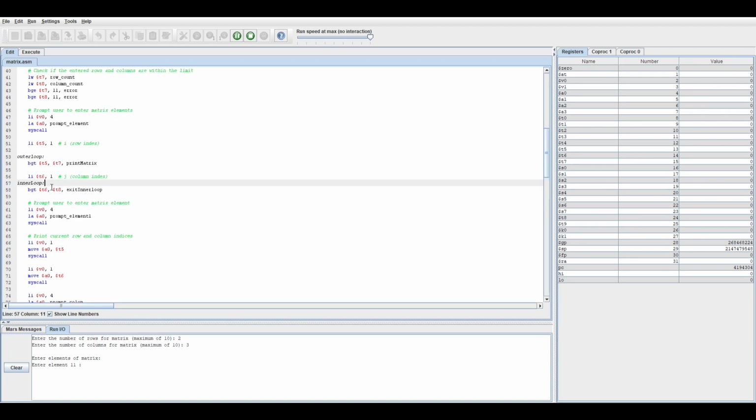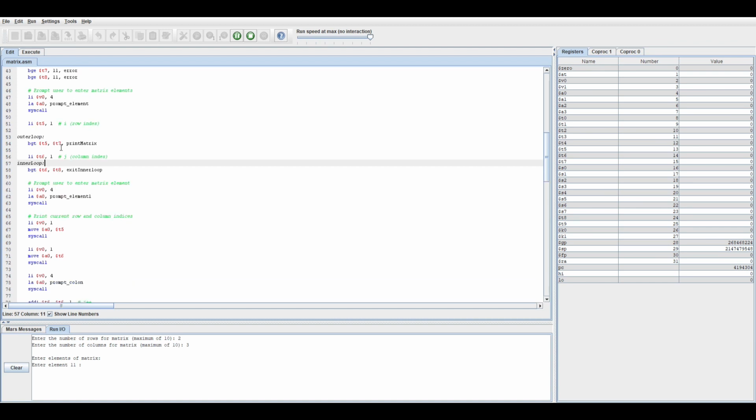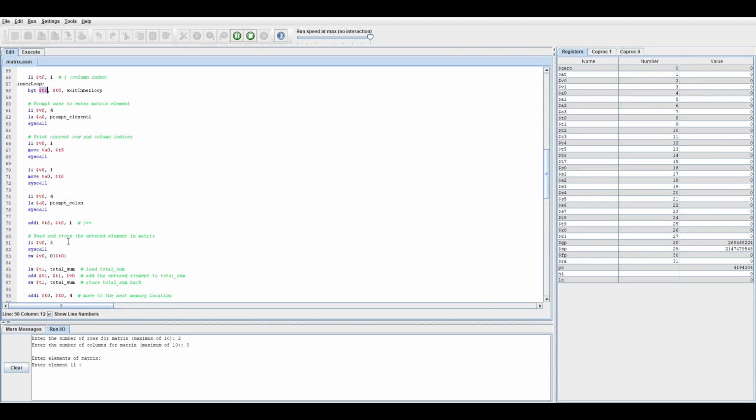Then we come to the inner loop. Same as previously, we have this branch greater than. We check, is T6 greater than T8 or not? If it does, we will go to exit inner loop. Go to exit inner loop here. So